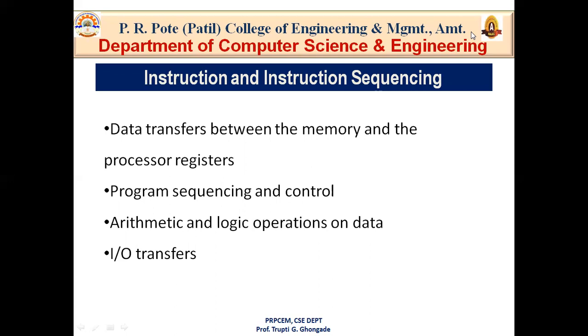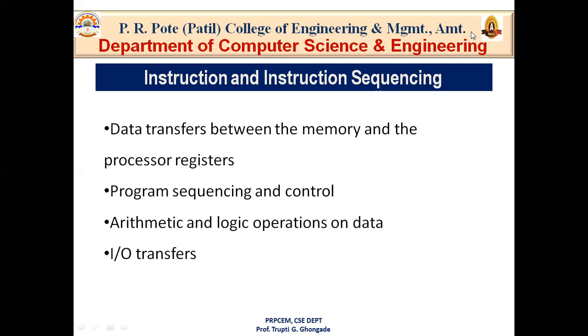As we know, there are five functional units. What are these? Memory unit, processor unit, input unit and output unit, and also your control unit. As I already discussed in my previous lectures about the functional units, if you don't understand the functional units, then go through those videos. So first one is memory unit, arithmetic and logic unit, IO unit and control unit. Okay, so now we will discuss how these units perform the operations.